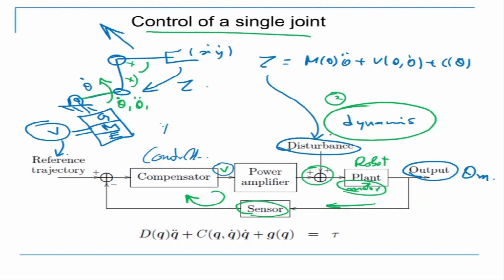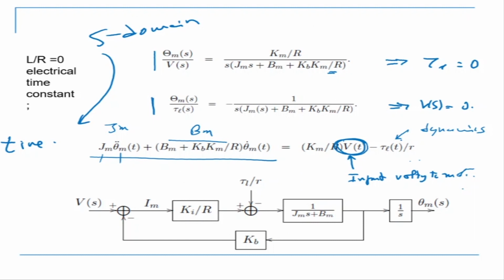If it's a PD controller or a PID controller, your controller sits here, and that is the one deciding how much voltage goes in. So in this equation, the input here is my controller output. This will be decided by the PD controller or a PID controller. We'll start off with PD, then go to PID. What is the dynamics doing? The dynamics is going to oppose as a disturbance. So this is my disturbance.